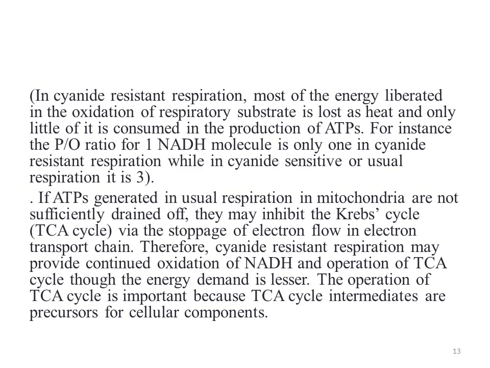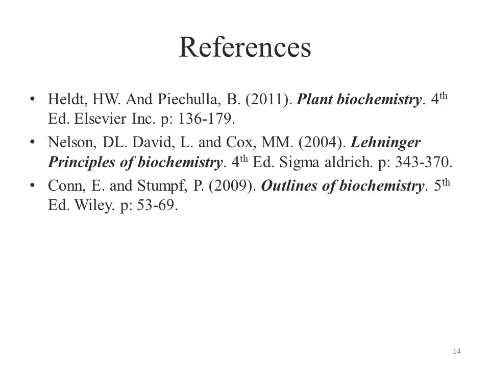If ATP generated in usual respiration in mitochondria is not sufficiently drained off, it may inhibit the Krebs cycle or TCA cycle via the stoppage of electron flow in the electron transport chain. Therefore, cyanide resistant respiration may provide continued oxidation of NADH and operation of the TCA cycle, though the energy demand is lesser. The operation of the TCA cycle is important because TCA cycle intermediates are the precursors for cellular